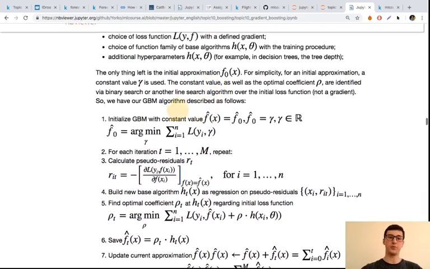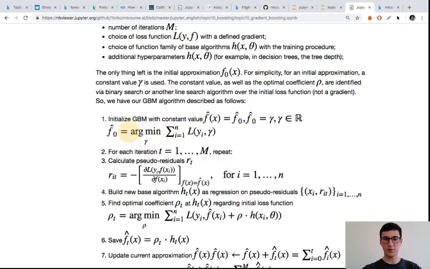Okay, so for standard error, I will initialize our prediction with just the mean target. If you minimize squared error, if you choose the best constant to minimize squared error, you'll just get a vector of means. You can derive it yourself, this simple challenge: just try to calculate this expression for standard error, for the square difference between answers and some constant value, and minimize it with respect to this constant value, and you'll easily get